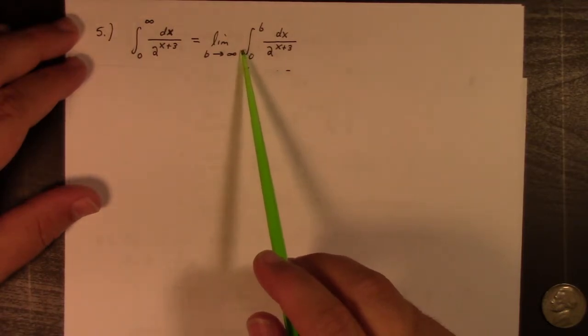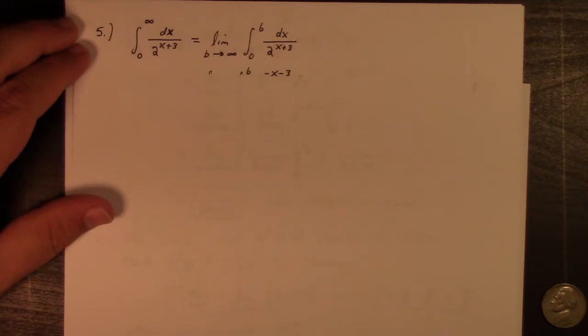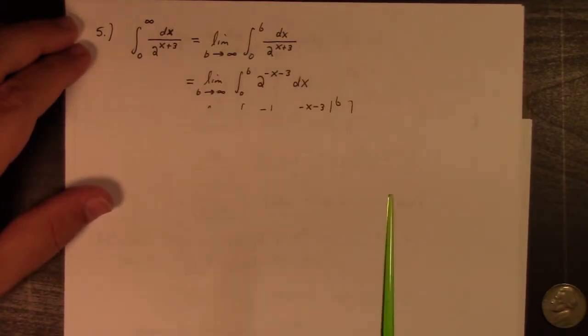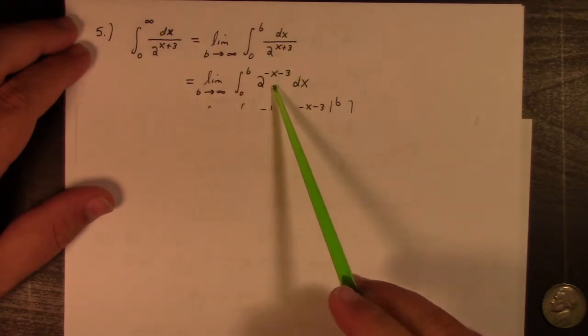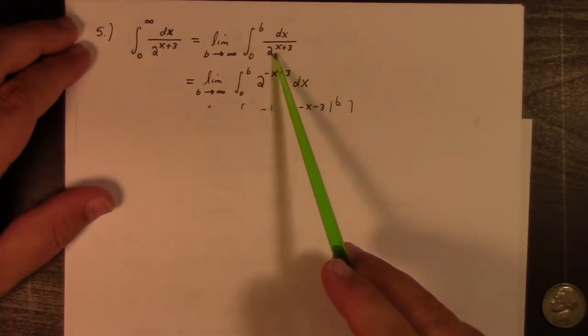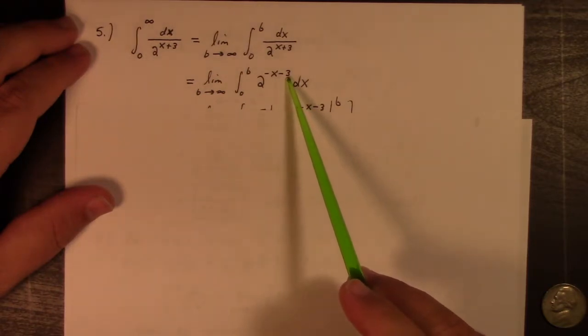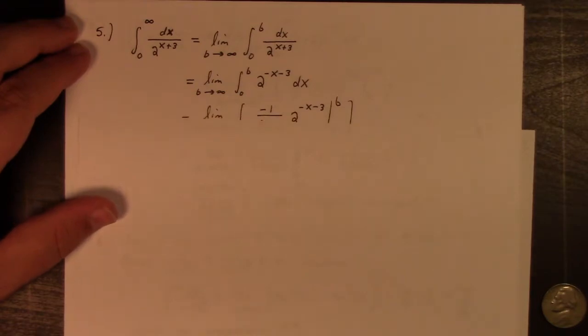So don't ignore the notation. Do take note of it. We do expect you to learn it. Okay. Now, anyway, that said, this is actually that, right? Because 1 divided by 2 to the x plus 3 is really 2 to the minus x minus 3, and then I can